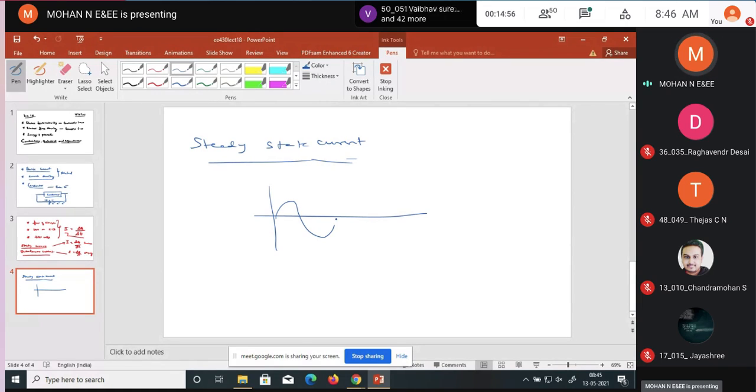For example, if you take an AC alternating current like this, the direction as well as the value would have perfect periodicity. Then it is called a steady state current. You can have an analogy with respect to alternating current. So in all the three cases, that means steady state current, instantaneous current, as well as steady current,